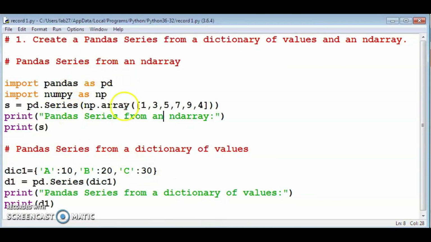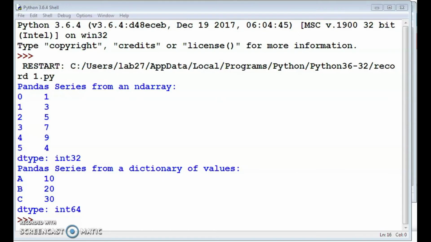We saved the file. After that, we have to run our program. We have to execute our program. For that, you can choose the run menu. From that, you can choose run module, or directly you can press the F5 key. Click on run module. Then you can see the output: pandas series from an ND array.